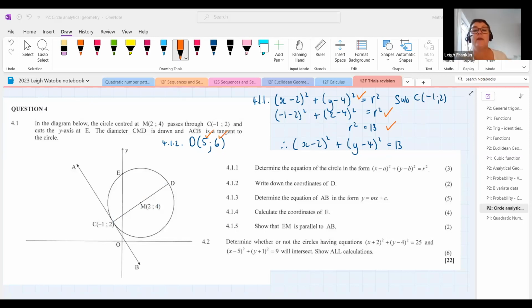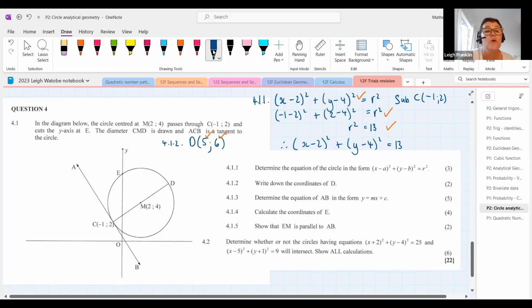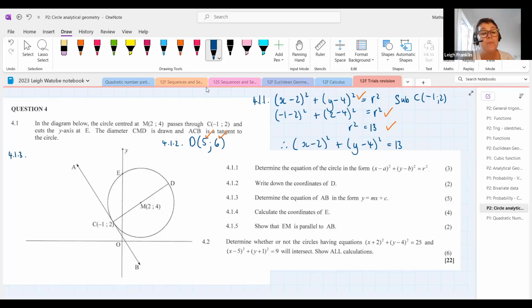Okay, so we're going to get the gradient. That's it, Nhlanhla. Good. So the gradient of CD times the gradient of AB equals -1. It equals -1 because the radius is perpendicular to the tangent. Okay, so we are supposed to say that. All right, so in question 4.1.3, okay, we have